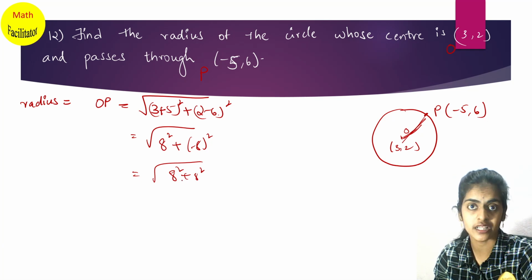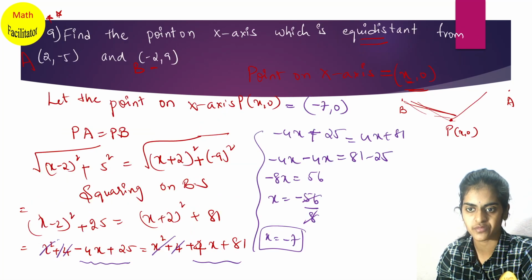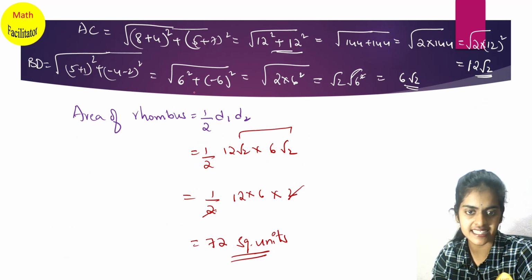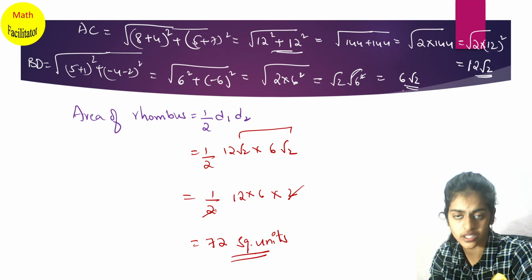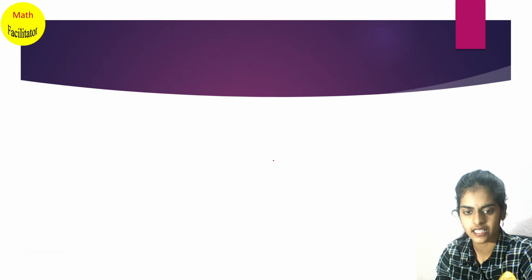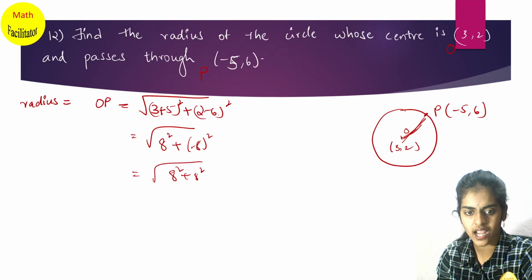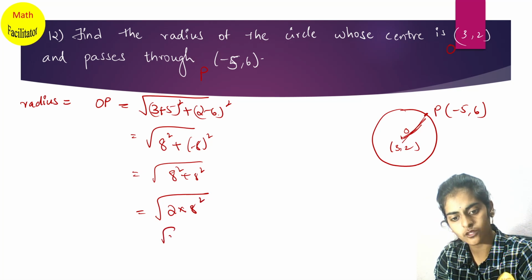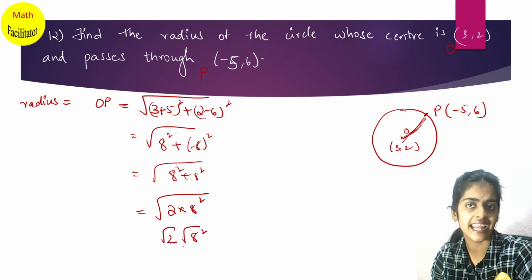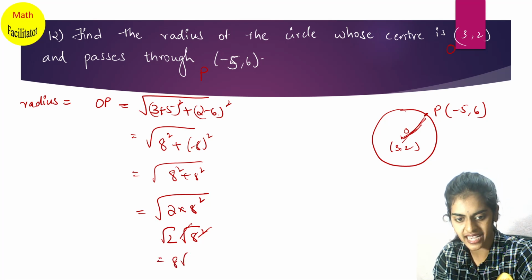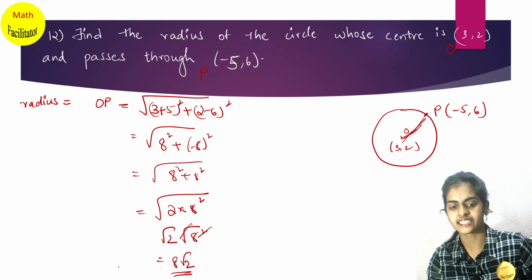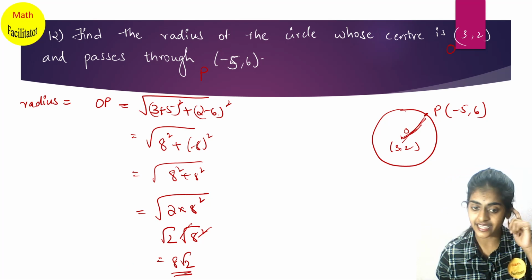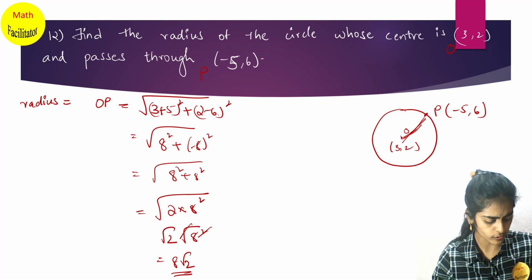Similar to one question we solved, isn't it? In diagonals we solved it. So wherever you have 12 square plus 12 square, it is nothing but 2 times 12 square. Yes, 6 square plus 6 square is 2 times 6 square, and you can write it in this way. So here also let us do the same thing. Here you have 8 square plus 8 square. So this I can write as 2 times 8 square. Separate the roots. So root 2 into root of 8 square. So square and square root get cancelled. So you have 8 root 2 as the radius. This is the radius. Clear?